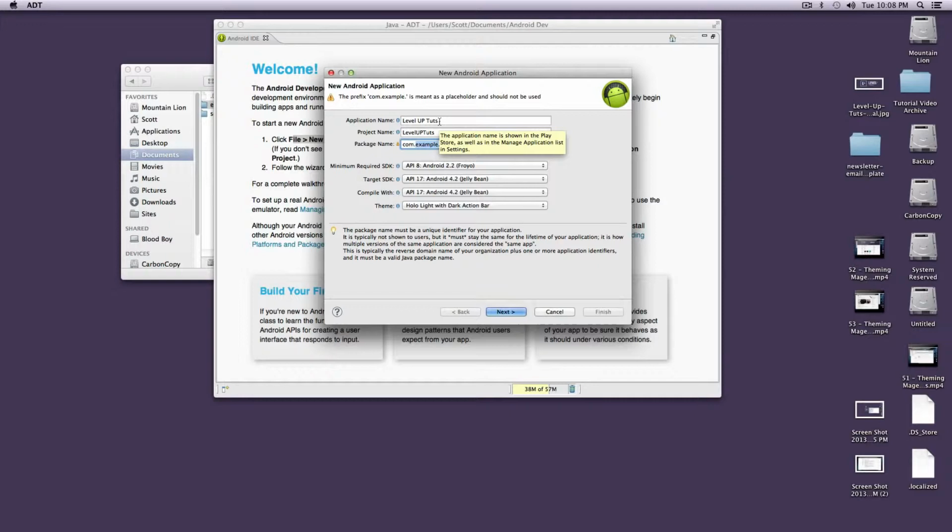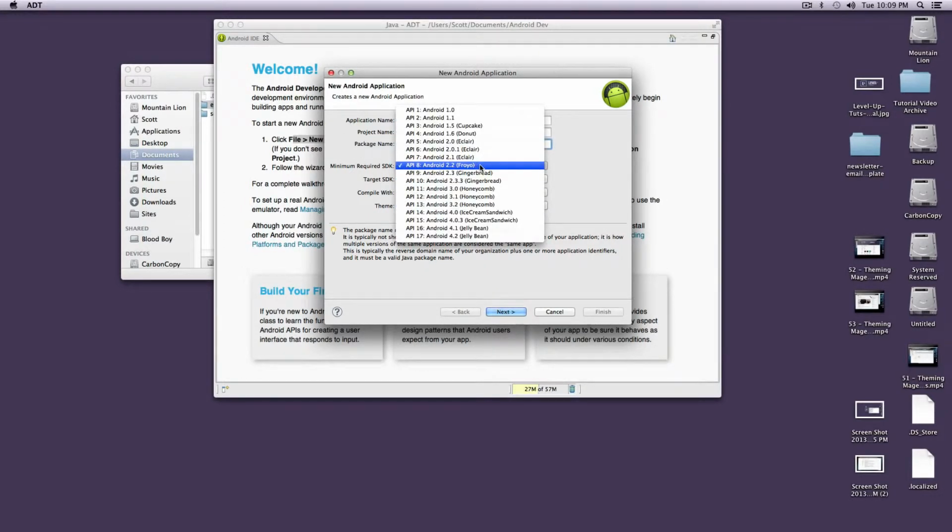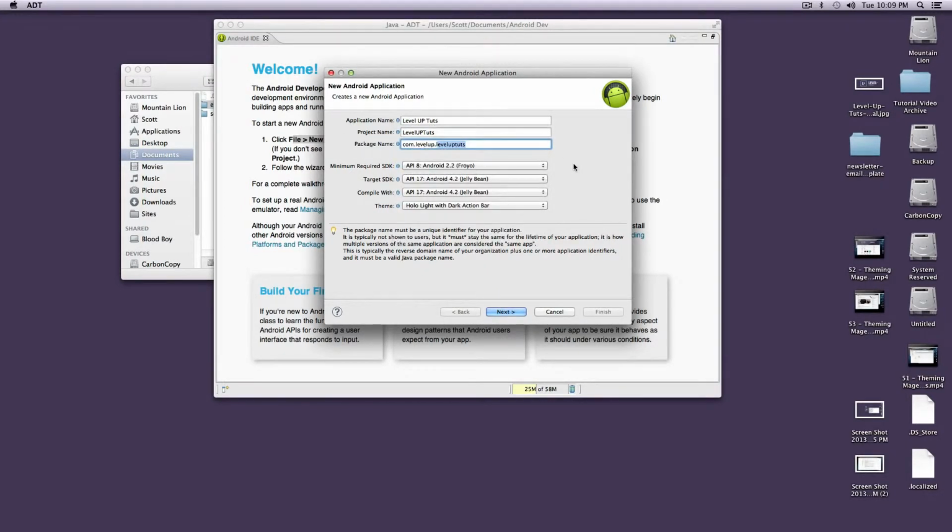So if we had a whole series of apps made by Level Up Tuts, this com would be then dot level up, let's just say, and then this particular app is named Level Up Tuts. So this is com and then dot what your development name is going to be, and then your actual application name. So here, this minimum required SDK is set to 2.2 Froyo,